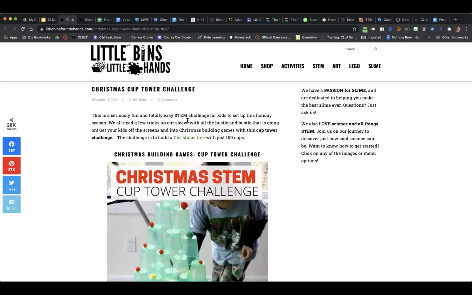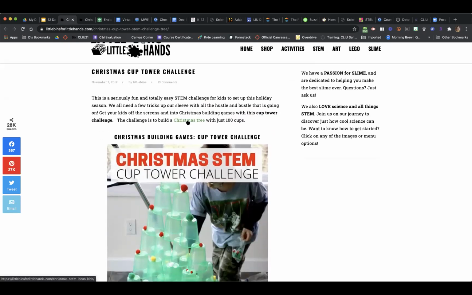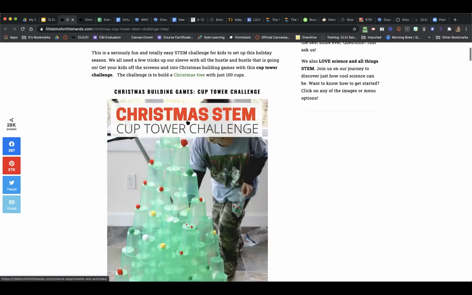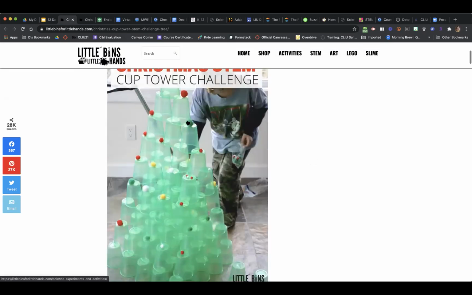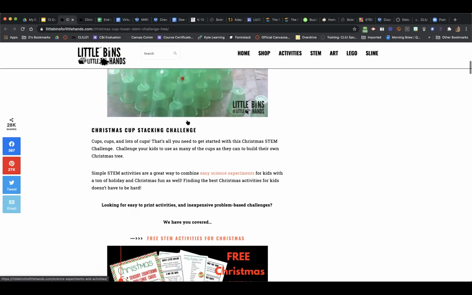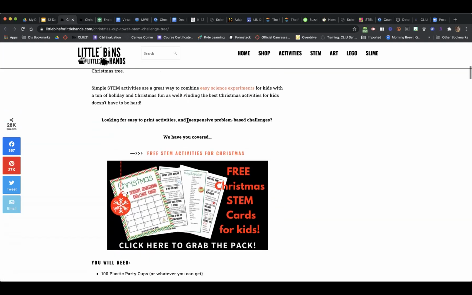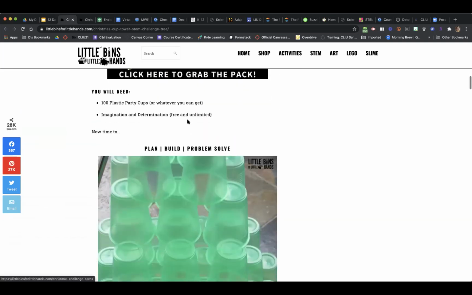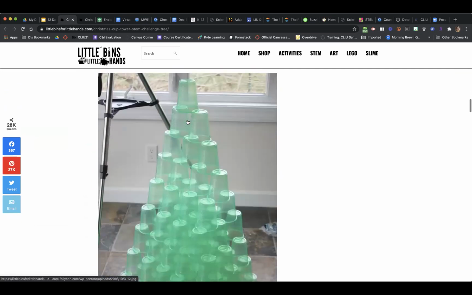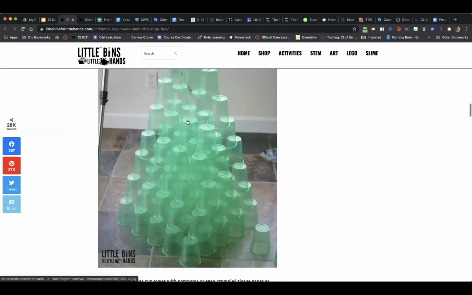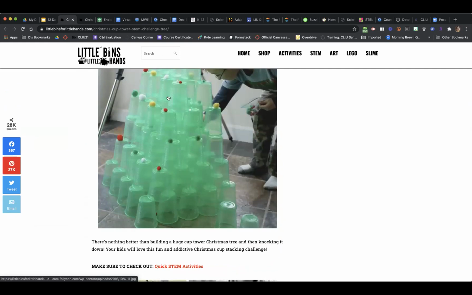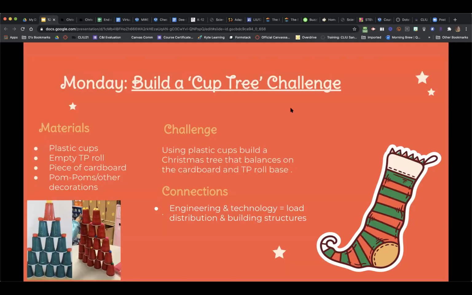They have lots and lots of STEM activities on this website, so you might want to check those out. So here's the Christmas tree challenge. Now this is without the cardboard and the paper towel or toilet paper roll. But think about building this on top of a paper towel roll, toilet paper roll, cardboard base. All right. So moving on